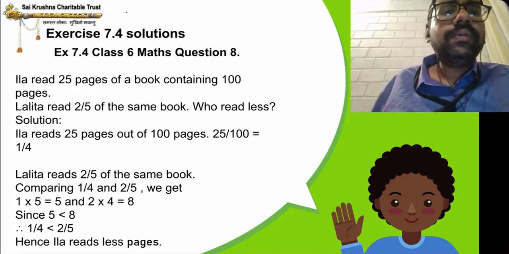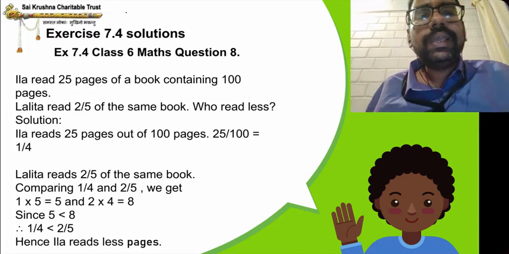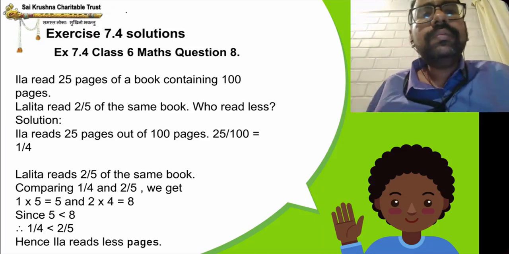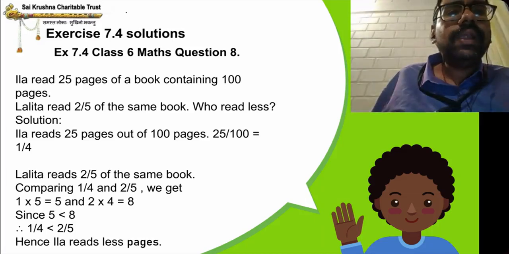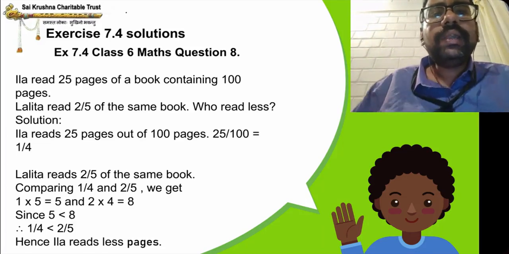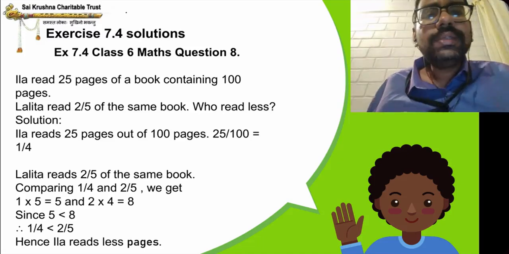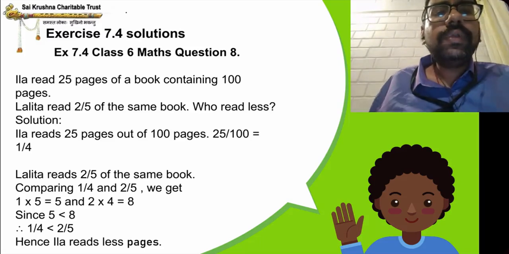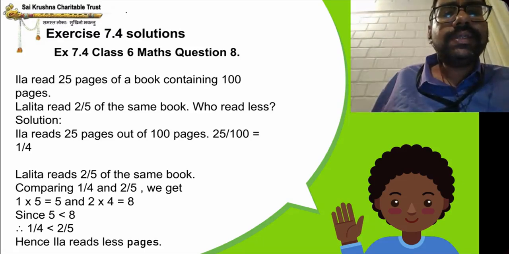When you are comparing two unlike fractions, which method did I tell you to follow? Cross multiplication. So, numerator 1 into denominator 2 should be equal to denominator 1 into numerator 2. So, 1 into 5 is 5, and 4 into 2 is 8. Since 5 is lesser than 8, we know 2 by 5 is greater than 1 by 4, or Ela reads